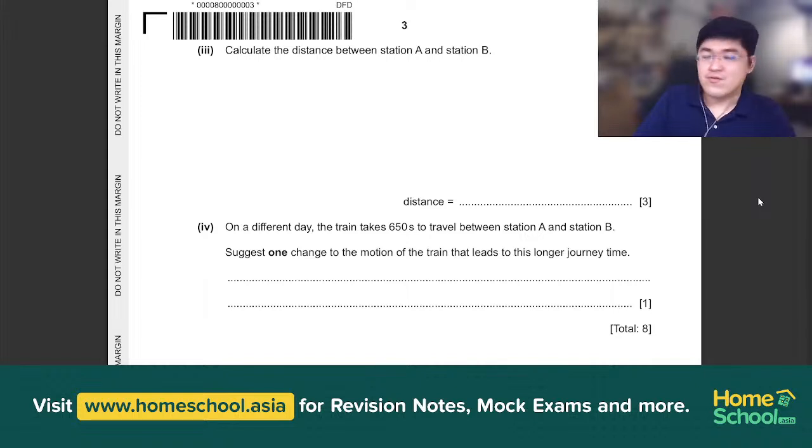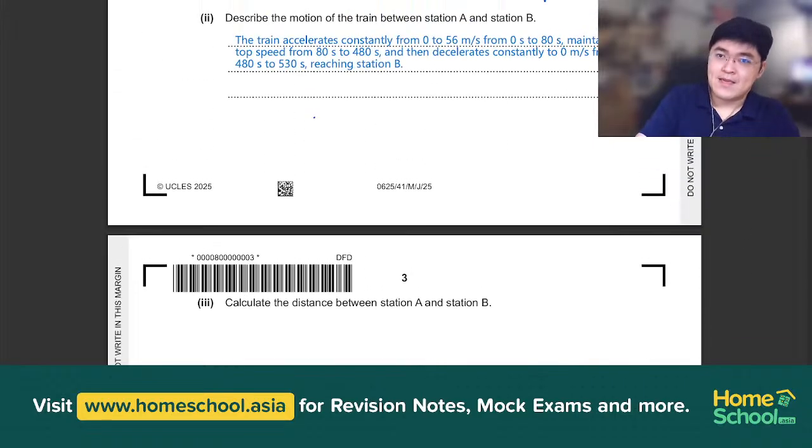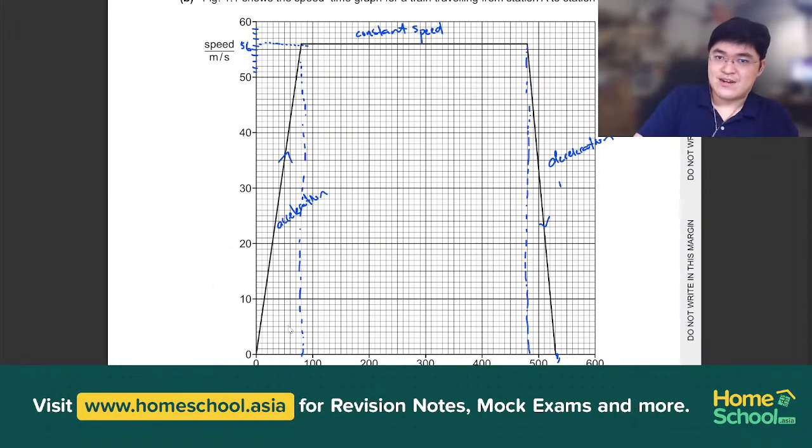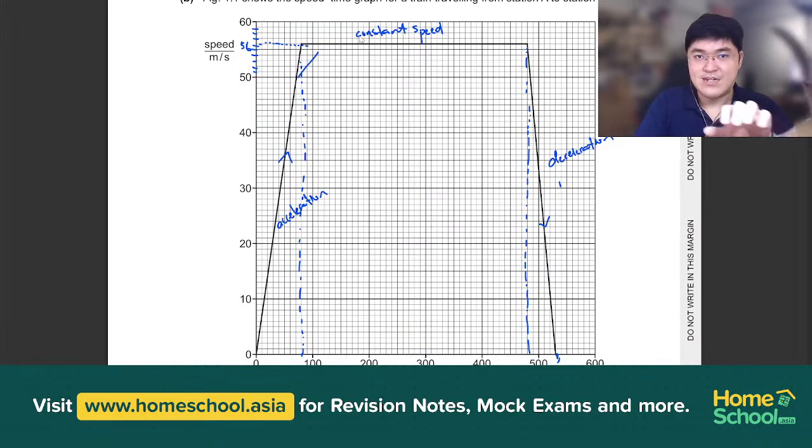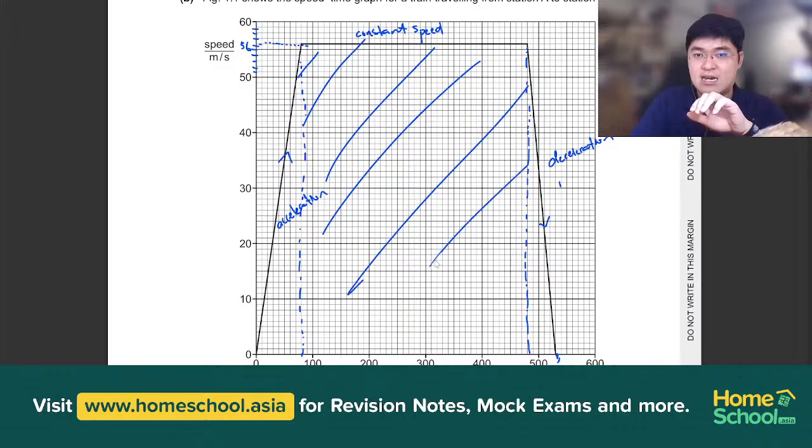Now let's move on to question B, part 3. Calculate the distance between stations A and station B. So in a speed-time graph like this, if we want to find the distance traveled by the train, we employ something called area under the graph. What does that mean? The area under the graph is basically the entire area of this entire